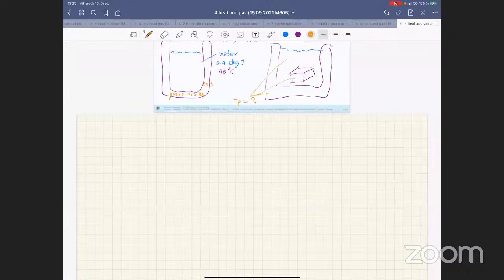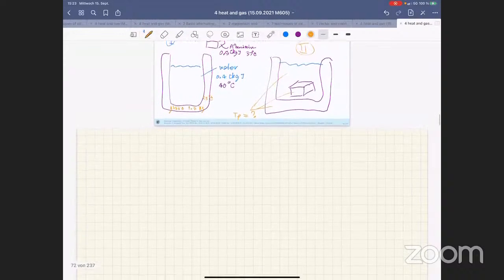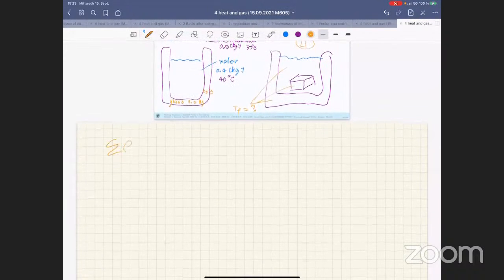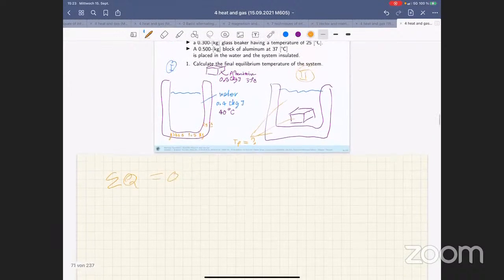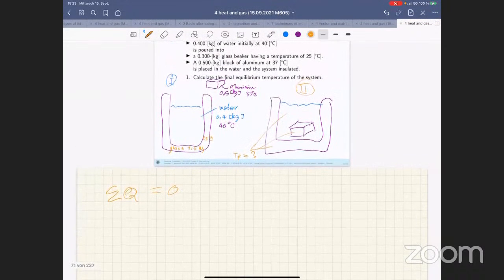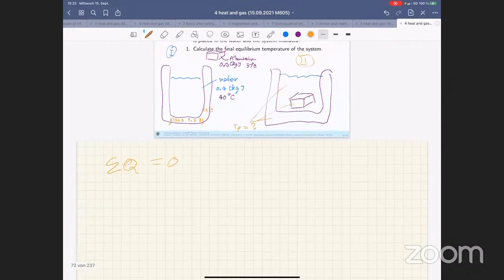Here, right, stupid. Okay, what is that? We start from the summation of Q, right? Remaining zero, right? And there are three substances: water, glass, aluminum, right? Q water plus Q glass plus Q aluminum